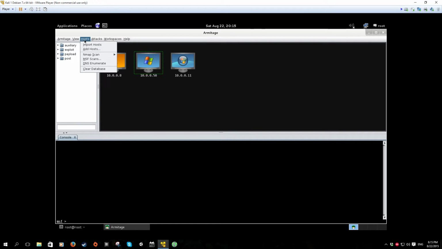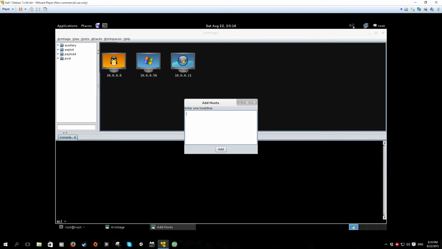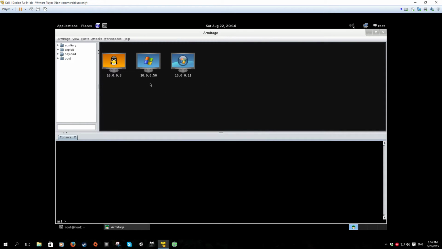The host is your target PC, which could be your target or just a random PC or a system within the network. So once you have added your host IP address, then we can click on the target PC, go